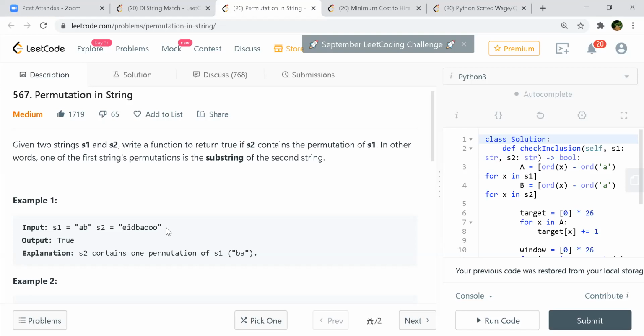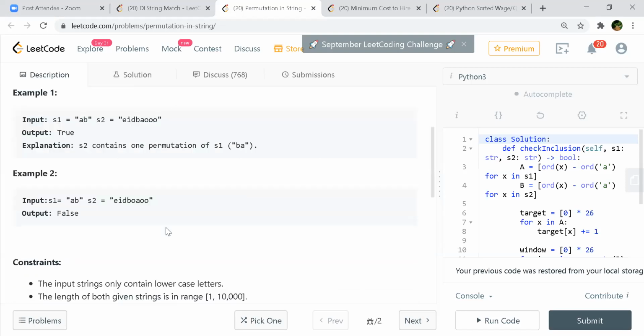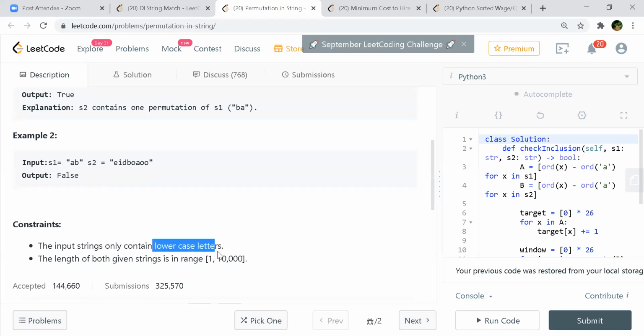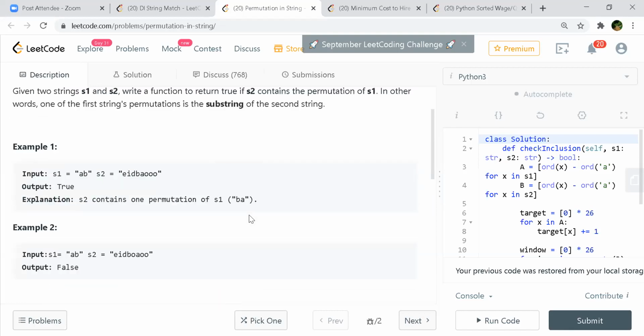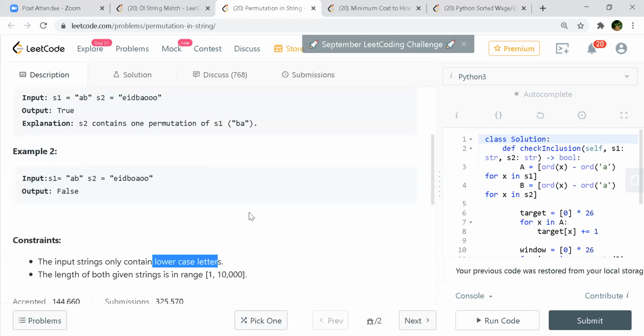Okay, one thing we did not clear in the requirements is whether it's only lowercase or uppercase. Lowercase only, they have said it very clearly, right? Okay. And the string size is 1 to 10,000, so it is a big one. But if you do permutations of a string of size 10,000, it will be huge, right? Yeah, that's too much. TLE in that case, generating permutations and checking substrings.